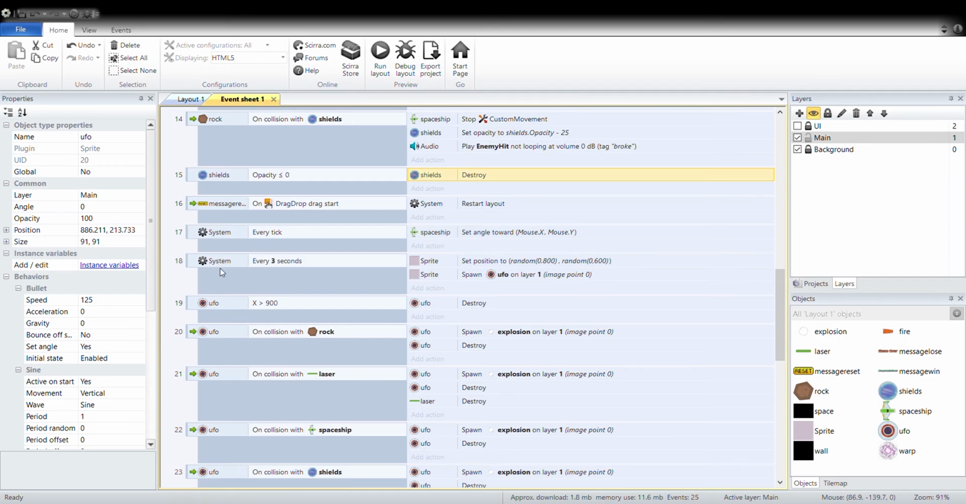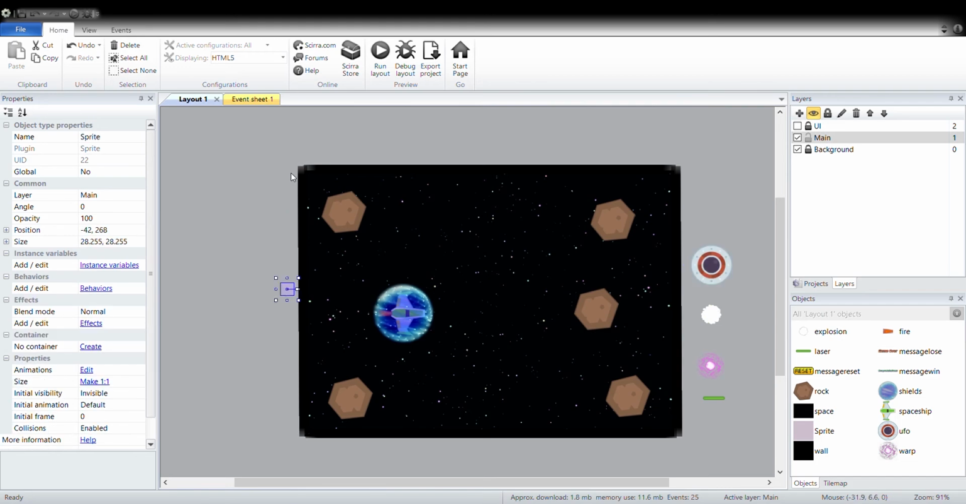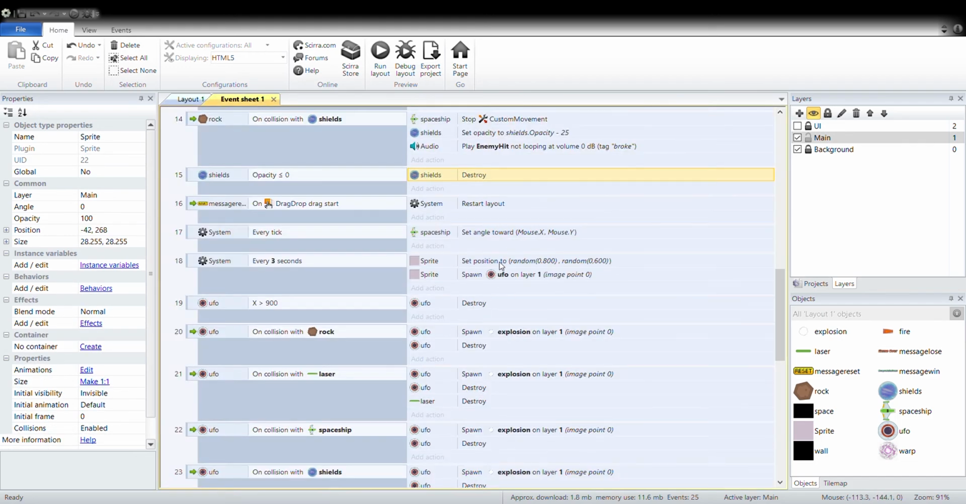Okay, in the system, we set it so that every 3 seconds, our sprite will spawn at a random place, between 0 and 800 on the X, and another random value from 0 to 600 on the Y. And the sprite will spawn a UFO on layer 1, which is our main layer. So the UFO will spawn inside our layer. After that,